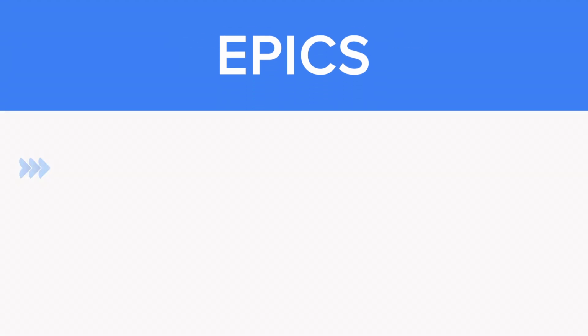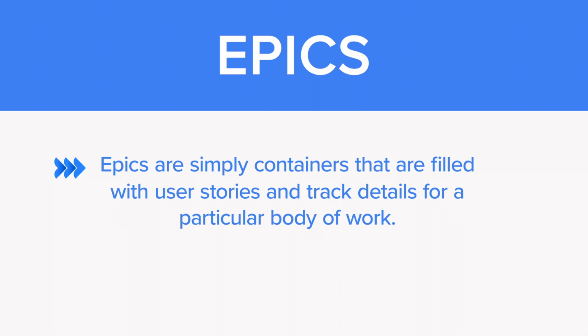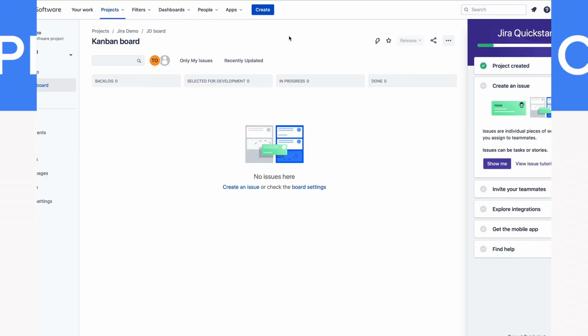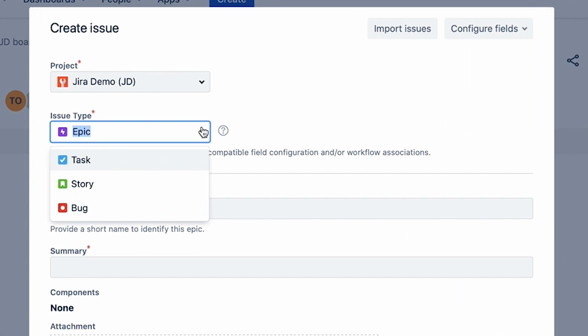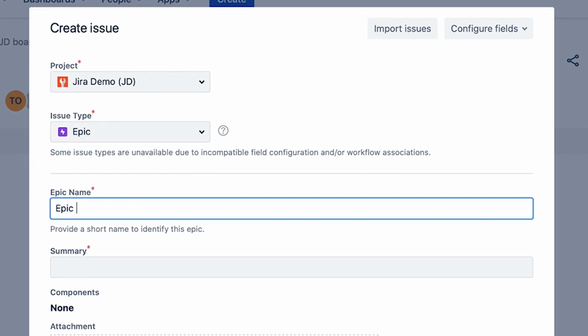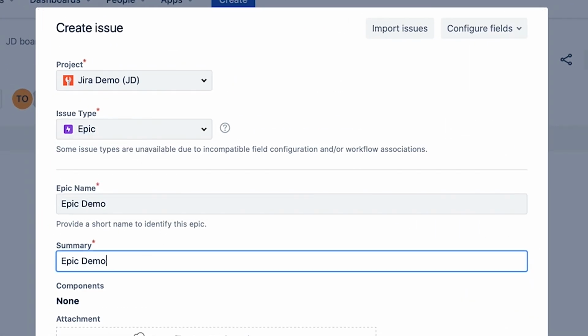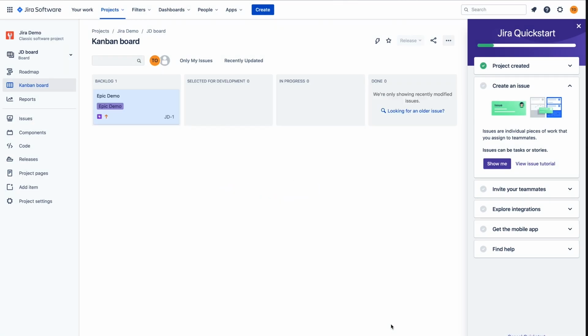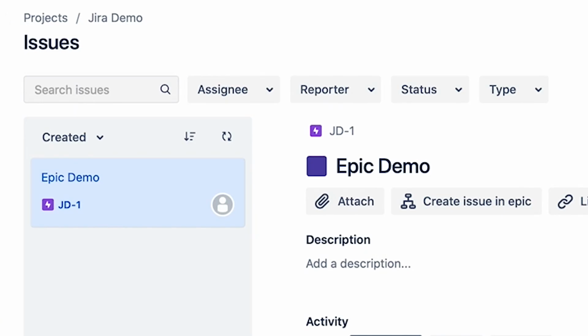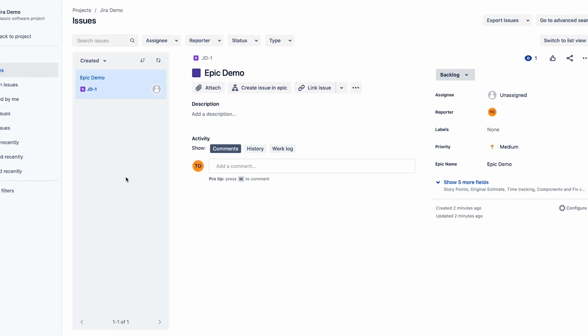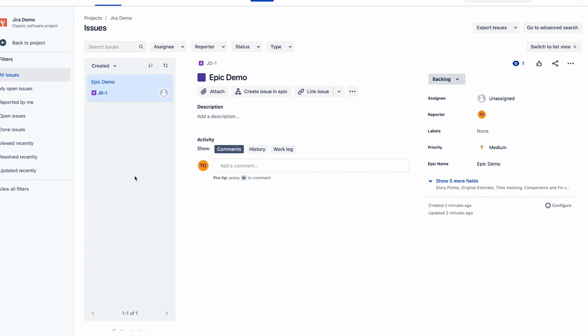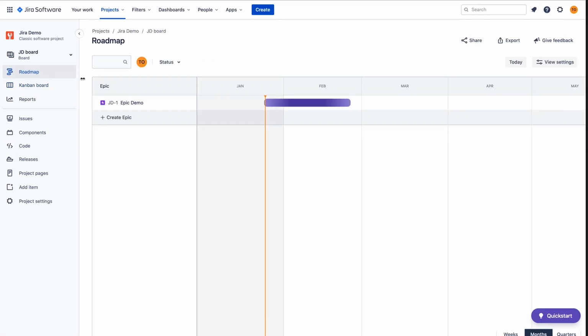Let's break it down. Epics are simply containers that are filled with user stories and track details for a particular body of work. Use them to capture large pieces of work, provide a high-level description of the work that will be done, and share with the team and stakeholders. Unlike components and labels, epics are issue types. Setting up an agile board for epics allows stakeholders to track stories at a high level and observe their child